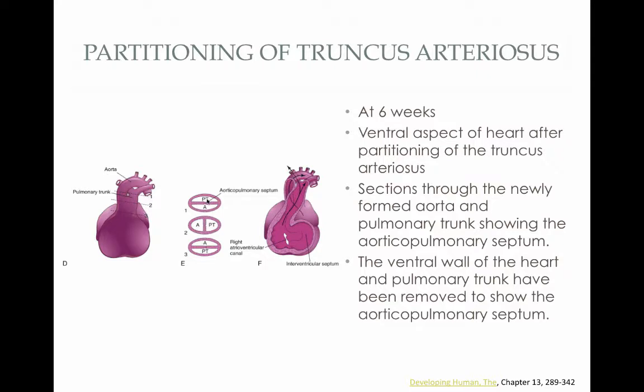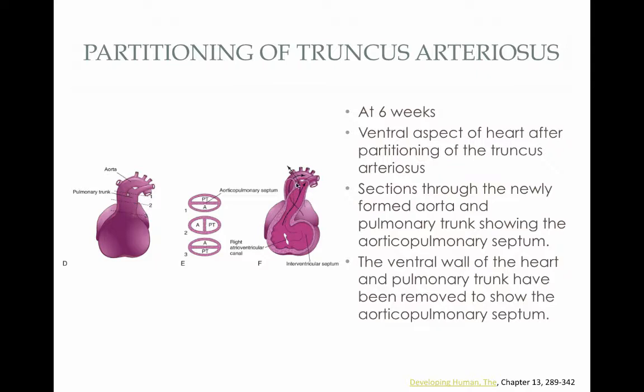And as it's twisting 180 degrees, right, we can see the pulmonary trunk twisting on itself. Now these sections are newly formed, the aorta and the pulmonary trunk, showing that septum, and the ventral wall of the heart and the pulmonary trunk have been removed to show again that